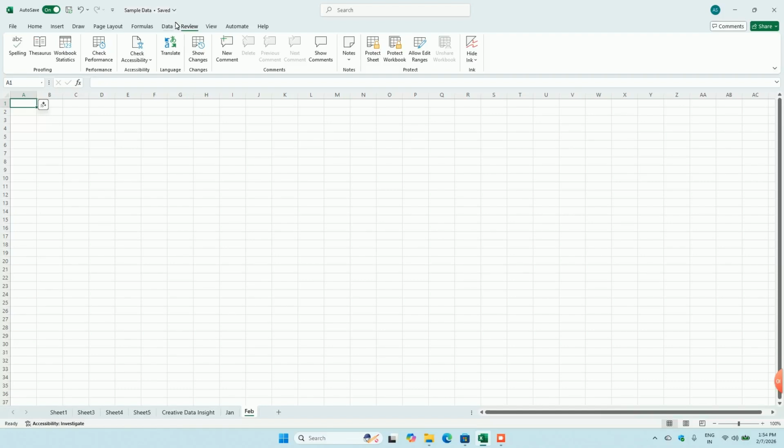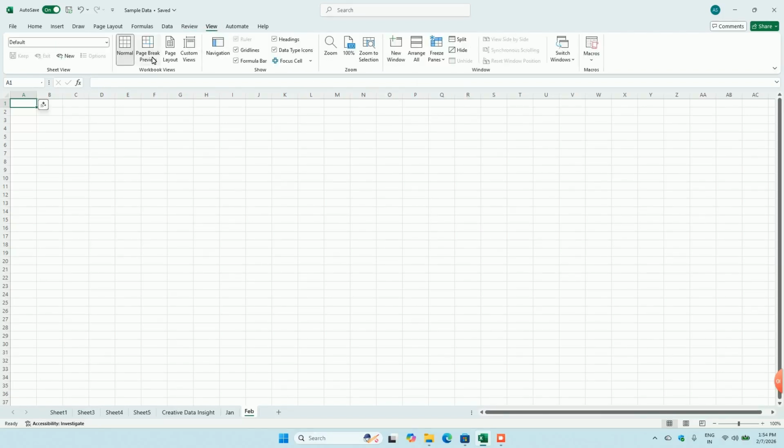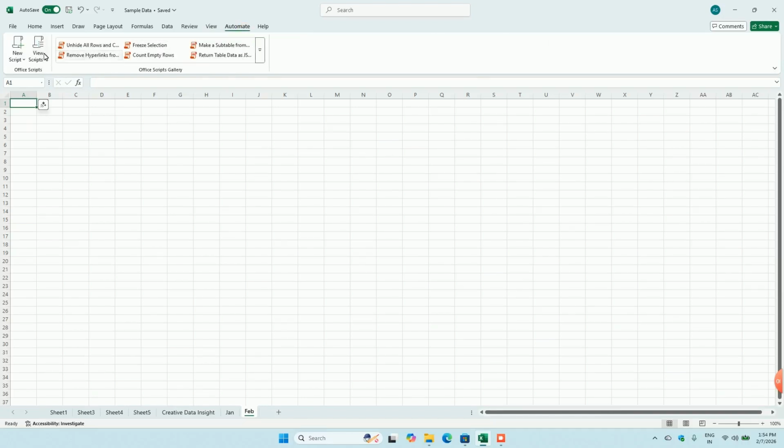And then this is Review, which means that if you have typed any words, it can check the spelling mistakes. And we have an inbuilt dictionary inside it, so we can check it. And then we have protect sheet and protect workbook. And then we have the View tab. The way we want to look at the data, we can change it. And then we have the freeze pane functionality, we will discuss it again. And then we have automation, which will again be really helpful. I'll show you how we can use it.